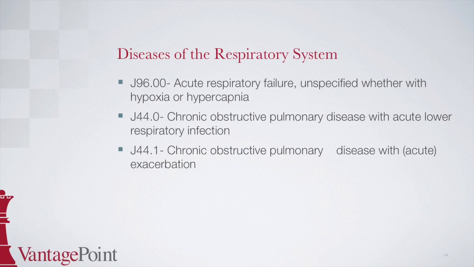The next code is J44.0, chronic obstructive pulmonary disease with acute lower respiratory infection. Since COPD stands for chronic obstructive pulmonary disease, you would start at disease in the alphabetic index, then locate the term pulmonary. Indented below this is chronic obstructive, then with, and then acute bronchitis, which points to J44.0, which you would then confirm in the tabular. There is a note which states use additional code to identify the infection, but we don't know what type of